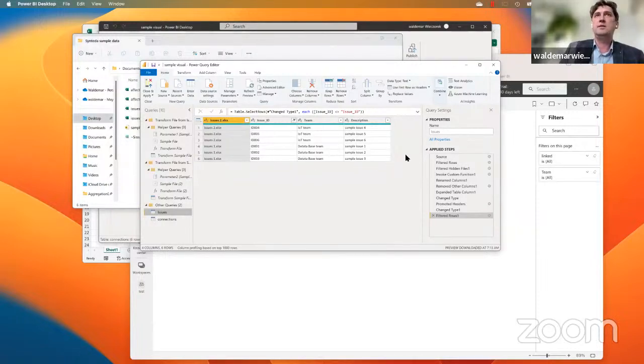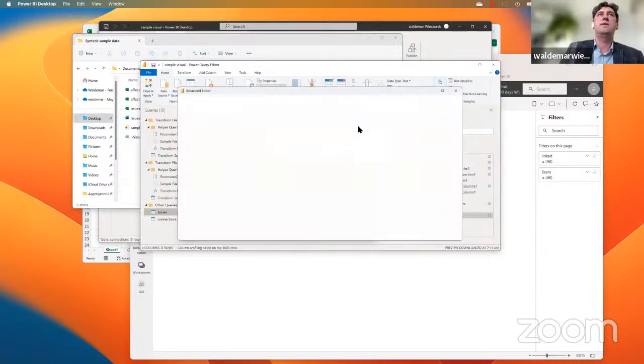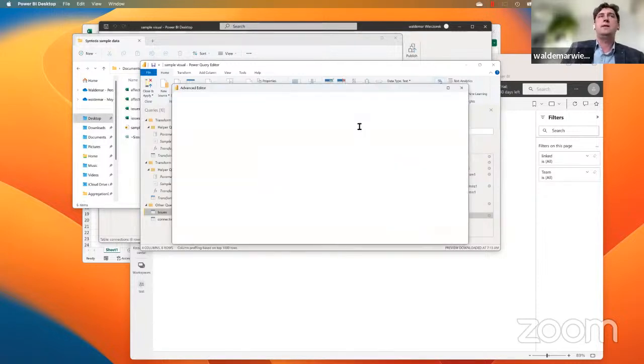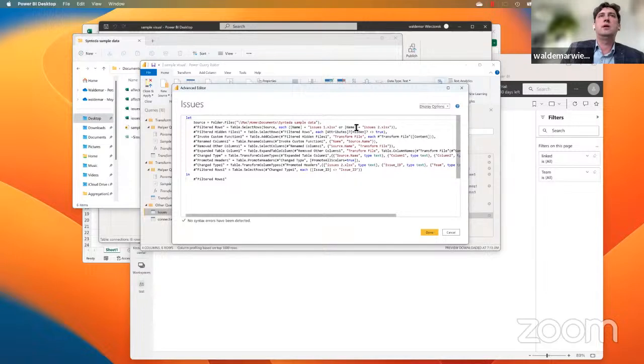Then you can combine them, so you can apply many steps. And then you have the Advanced Editor, and there is a language called M language. They changed names, so there are two names you can find. So you can also type it as an ordinary script. So this is quite a powerful tool.